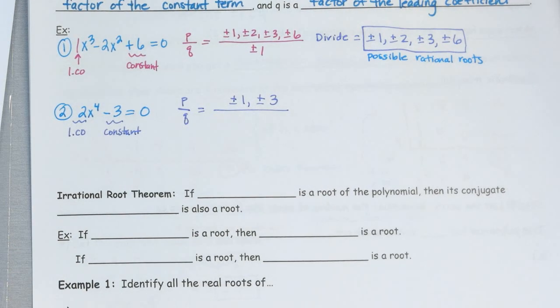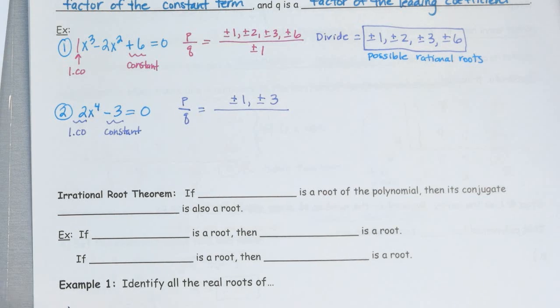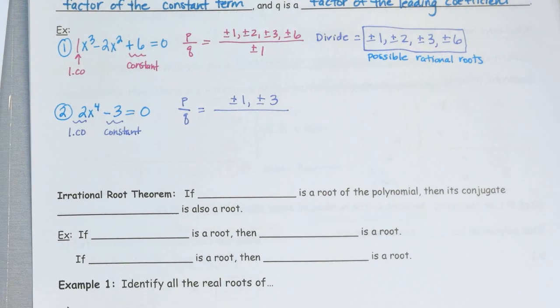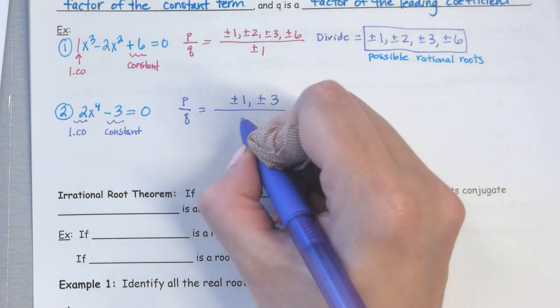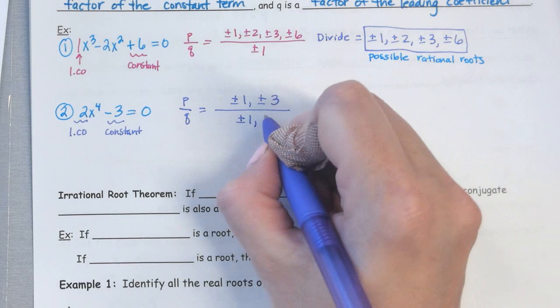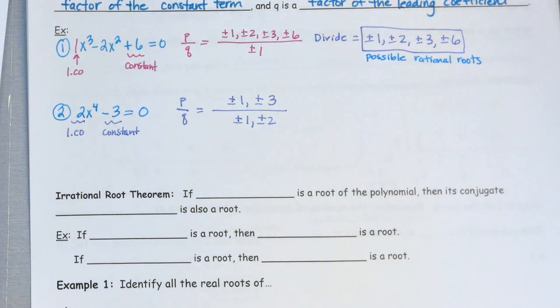Alright, and then Aurora, what are my factors going to be for 2? So what goes into 2 evenly? 1, yep, so plus or minus 1. And what's the only other thing? And 2, so plus or minus 2. Okay, now when you do the dividing,